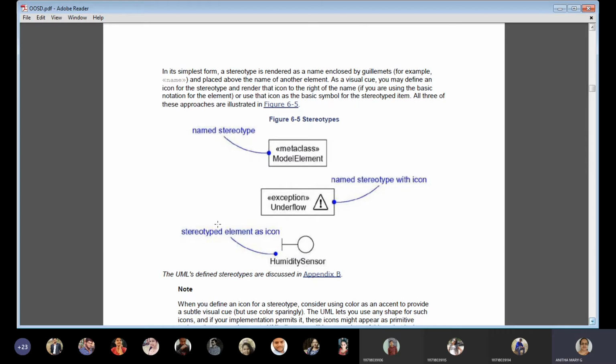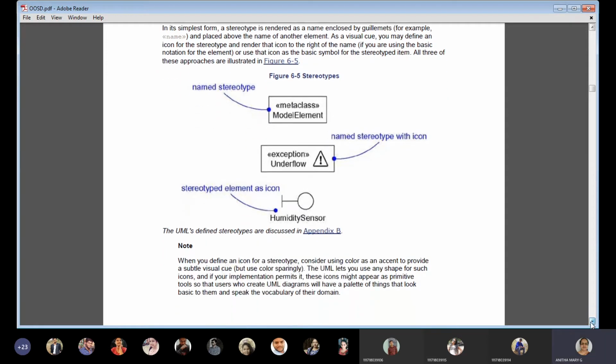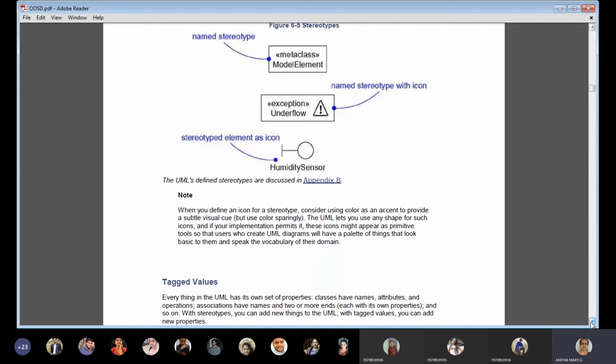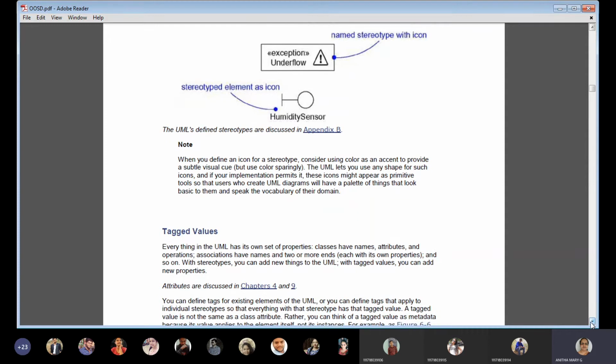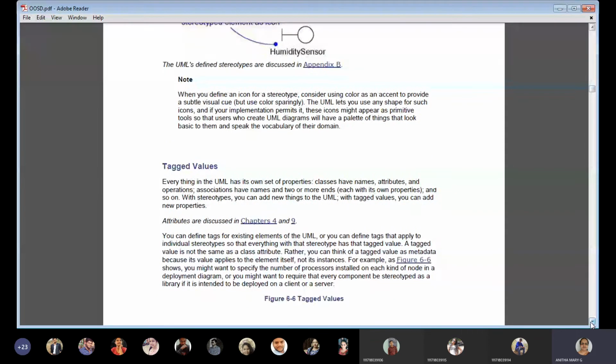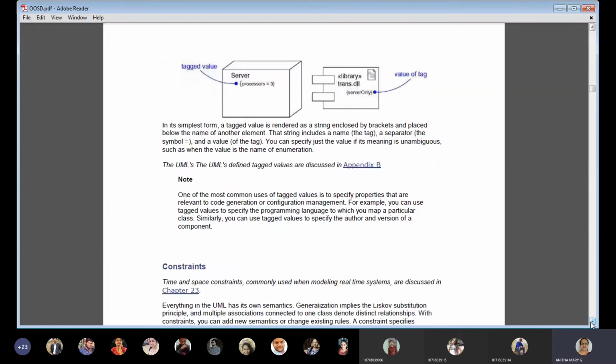Moving on, the next terminology under common mechanisms is tagged values. Tagged values can also be given in 2 forms: simple tagged value and value of the tag. Simple tagged value means, say this is the server.